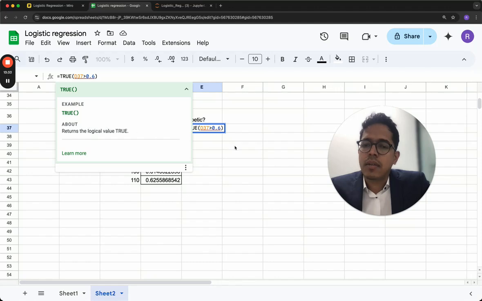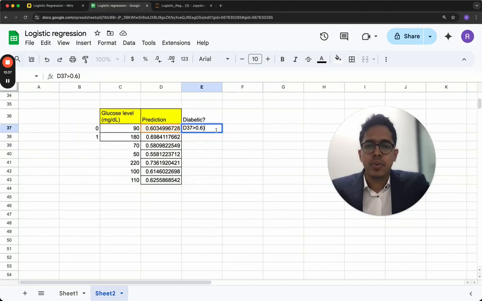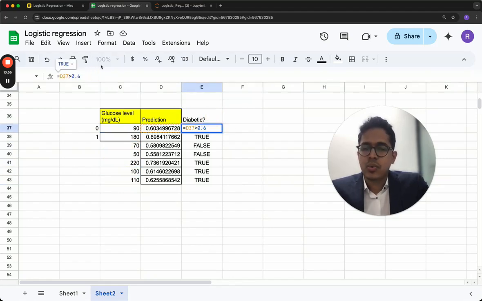True returns the logical value of true. Maybe I just need to put the expression. I don't need to put true or false. Okay, true. Now, true, true, false, false, true, true, true. Which means this guy is diabetic, this guy is diabetic, these two are not diabetic, and these three guys are diabetic. And if we change this 0.6 to, let's say,